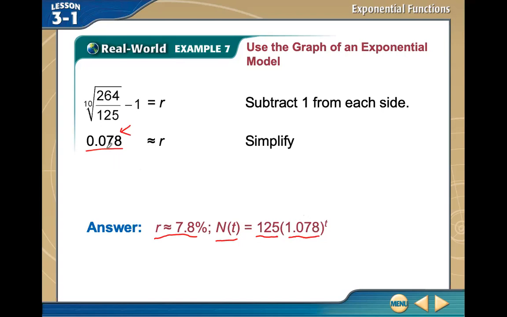So 1 plus 0.078 to the power of t. If the question is, after 20 years, what will be the estimated growth, or what will be the number of deer in that country, we just put 20 here, and then we will get the result. So after 20 years, the total number of deer in the country, if we want